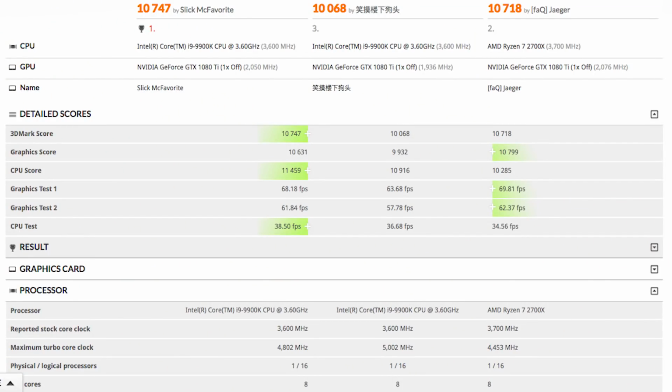Both of them do still beat out, of course, the Ryzen 7 2700X, which yesterday when we showed in the video was beating the 9700K, and it beats it by, well, overall score only about 30 points. However, when you take a look at the CPU individual score, it beats it by a little bit more. What I do see going on a little funky as far as the score on the 2700X they showed here, the GPU's clocked at 2076. So that will account for, of course, the overall score being bumped up that high, as the actual CPU score was only